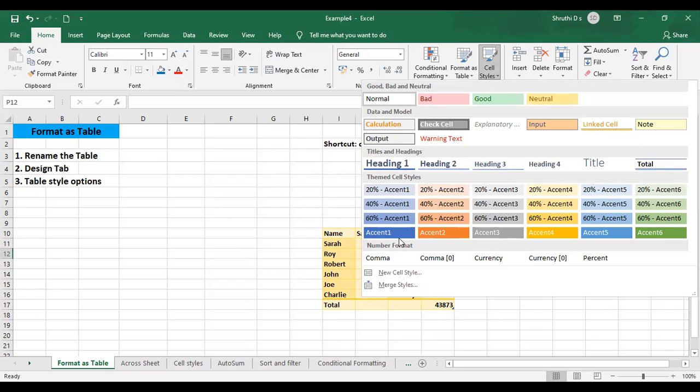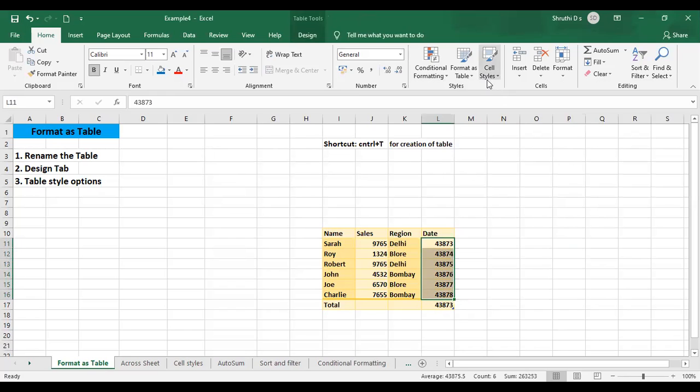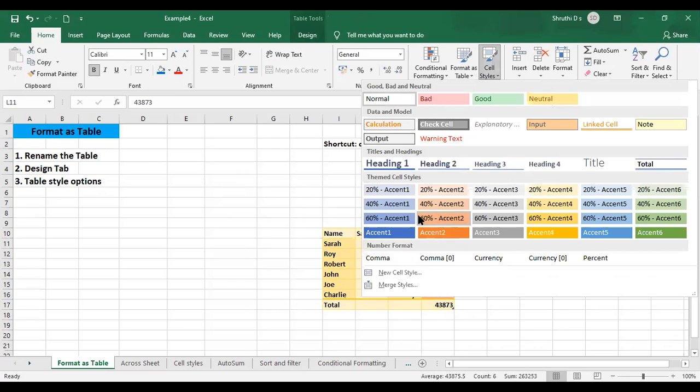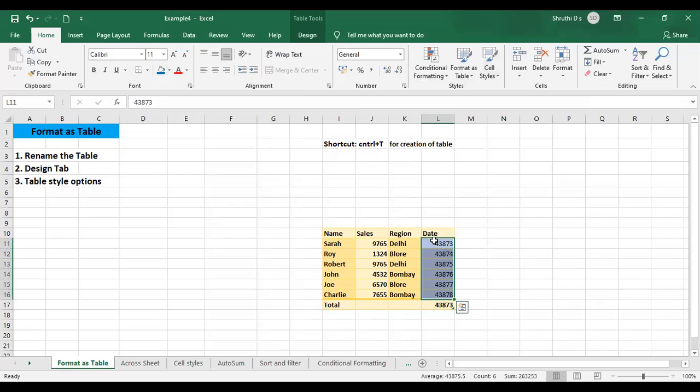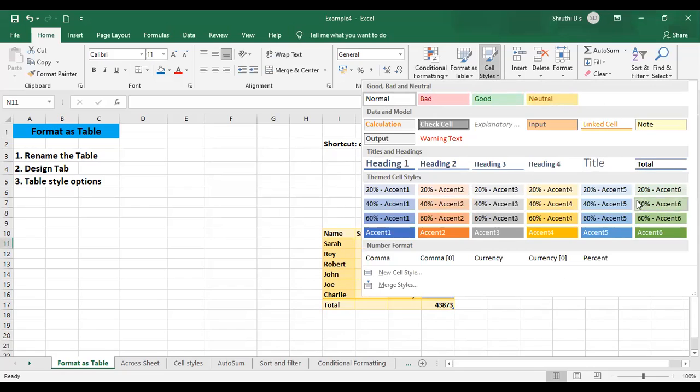Okay, you can choose different cells over here. I'll just select these columns, go to cell styles, and you can apply any of these. If I just give 40% here, it will be changed to 40%. Everything is in the same range, so it is going to show you all in blue color. According to your choice, you can choose whichever design is there.